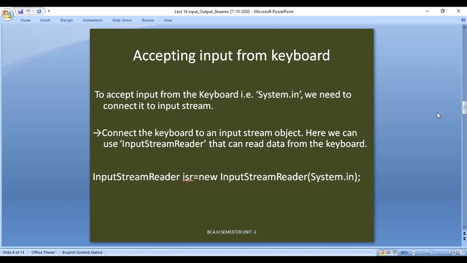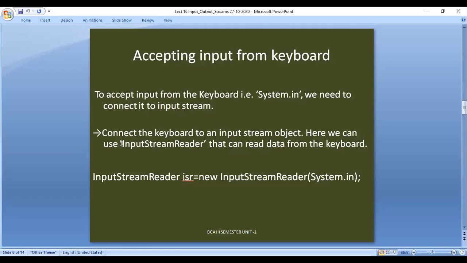First of all, we need to connect a keyboard. Why keyboard? Because we are giving input data which is given by the keyboard, and that will be connected to the input stream object, so that the input stream will receive data from the keyboard. So, connect the keyboard to an input stream object by using the InputStreamReader class.